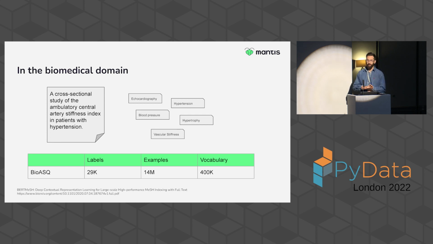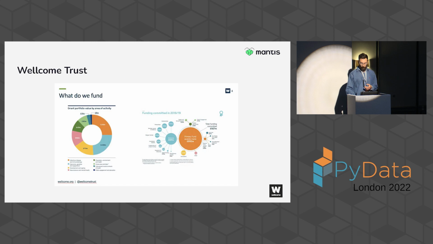The vocabulary in this setting is around 400,000 tokens, so it's quite a large vocabulary. The Wellcome Trust, which is where this project took place, is a large biomedical funder, one of the largest in the world. The motivation behind the project was that, prior to creating this algorithm, Wellcome had